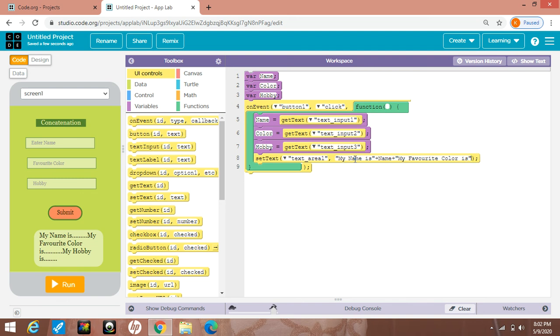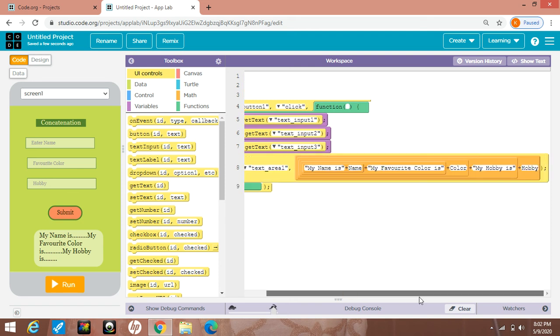After this there is a need to concatenate one variable, that is color, then plus sign. After this double quotes start again. Now you will write my hobby is, like this. Again double quotes close, plus variable name is hobby. H is capital in this case, you know that.